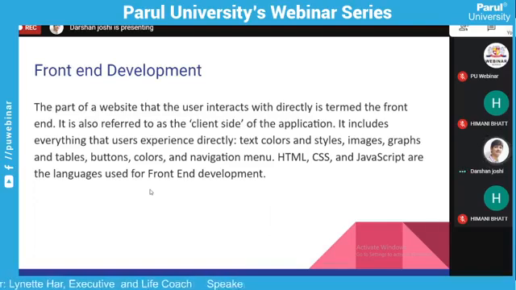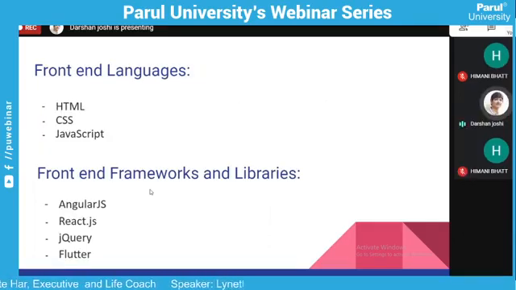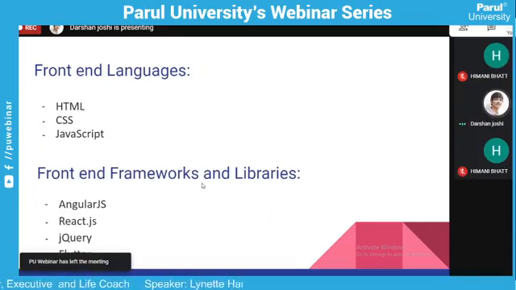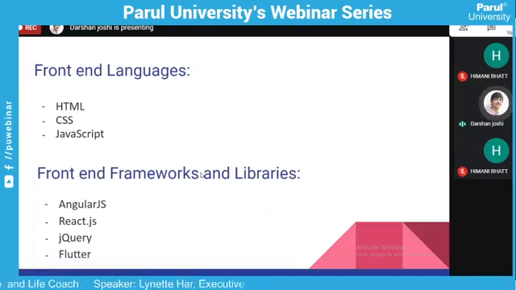It includes everything that users experience directly: the buttons you click, the images, and all the UX you see on any website. So colors, styles, images, and buttons, everything. HTML, CSS, and JavaScript are the languages used for front-end development. Here I've mentioned some of the languages: HTML, CSS, JavaScript, etc.